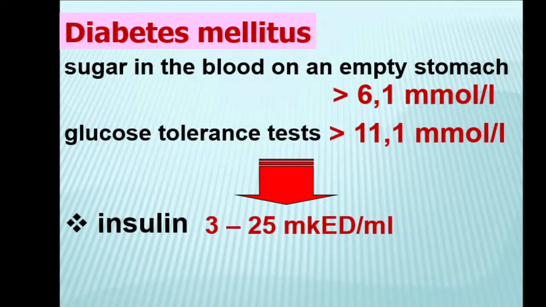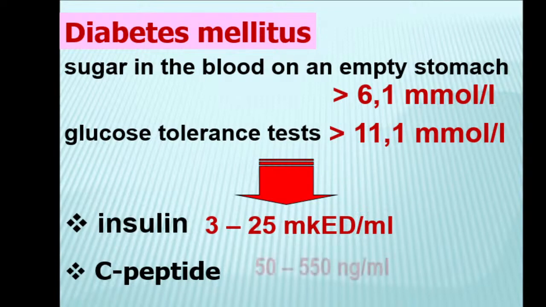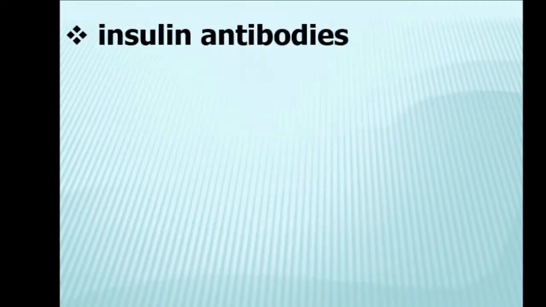We can check the level of insulin in the blood. If it's low, it is the first type. If it's normal or increased, it is the second type, because insulin is present, but the tissue does not respond to it. C-peptide is a widely used test because it's the primary insulin fraction, which also decreases in the first type and is normal or increased in the second type. We can send our patient for insulin antibodies